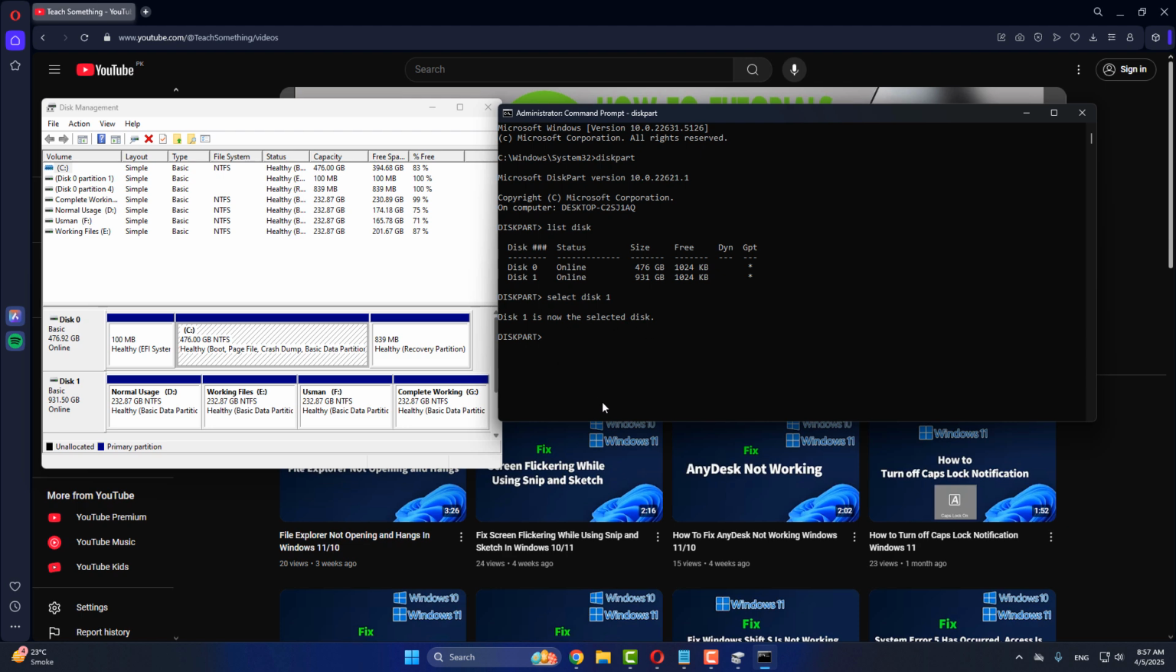After that, type list disk and press enter. Now you can see that this symbol indicates that disk 1 is selected. So now simply type clean. When you type clean and press enter, the selected disk 1 is cleaned up and